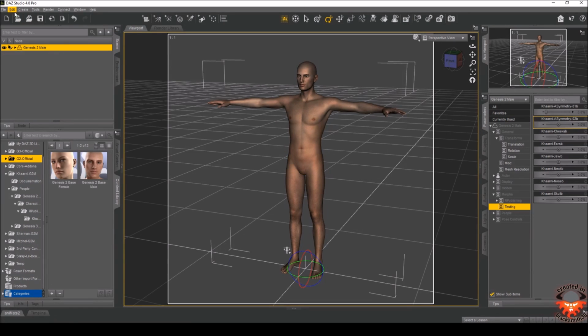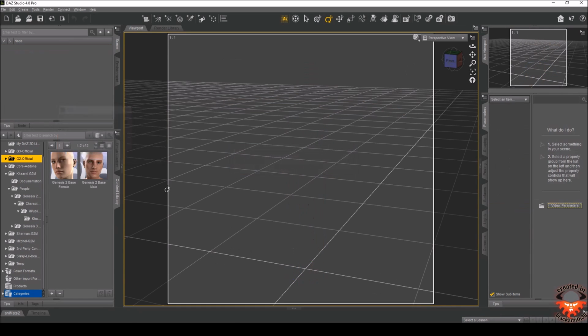And at this point, now it's saving out those morphs to DSF files. So now to drive this point home, if I say new, and I would not like to save it, and I re-import, now this is a fresh project, right? And now if I import the Genesis 2 base male,